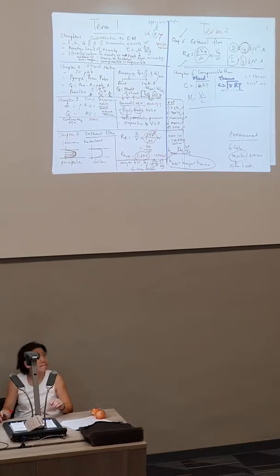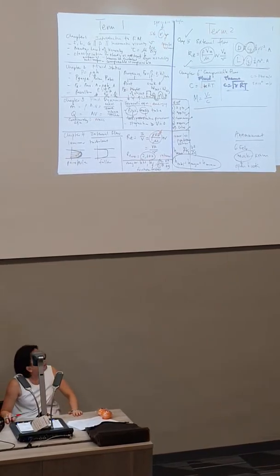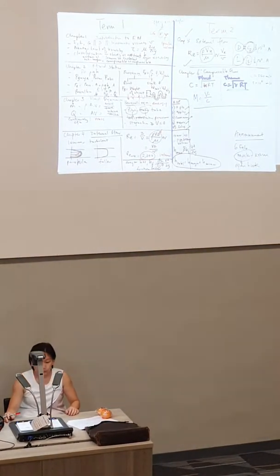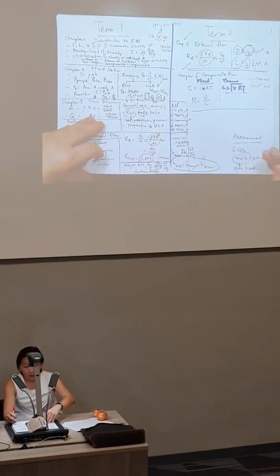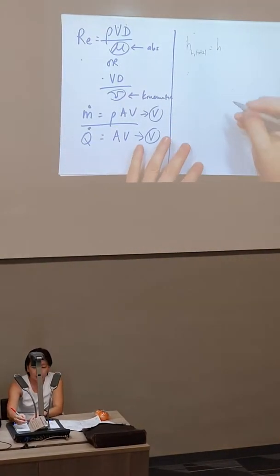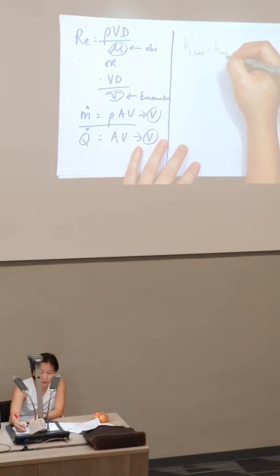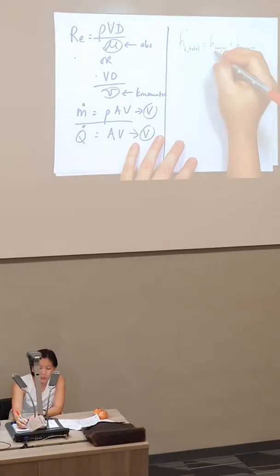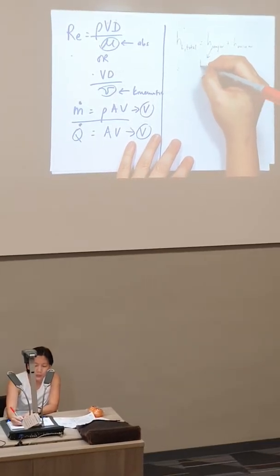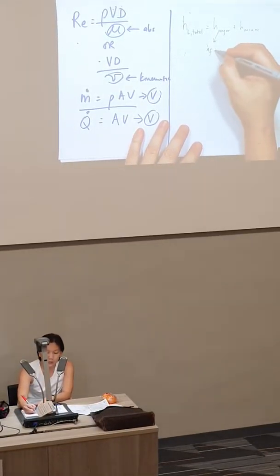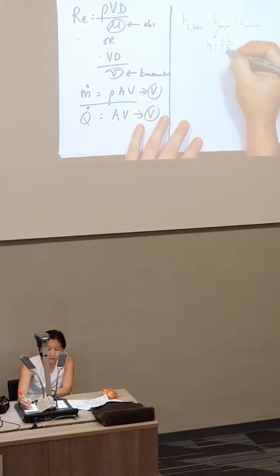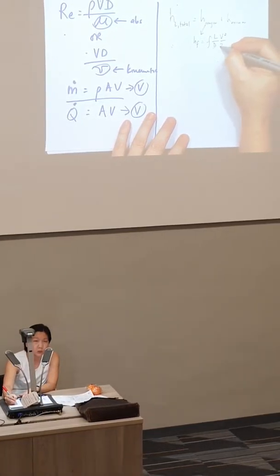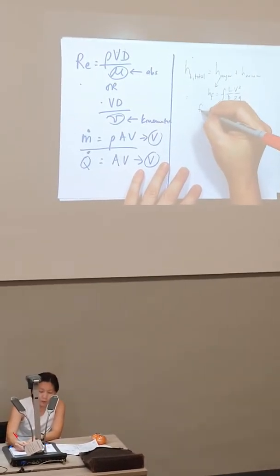What is this? The total head loss in a pipeline is the major loss plus the minor loss. What is major loss? Major loss is equal to your frictional loss, which is equal to F L over D, V square over 2G. F is your friction factor,